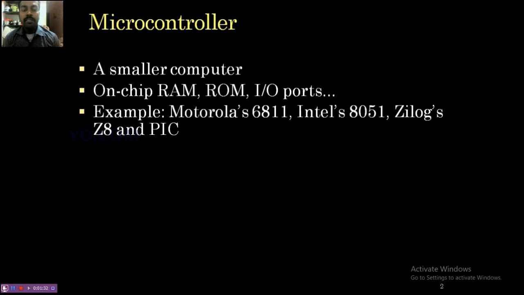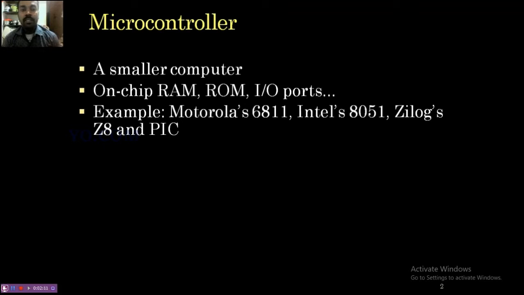So simply we can say that a microprocessor is the processor present in our computer CPU. In our CPU we have the motherboard. In the center of the motherboard we have the fan. Under the fan we have the aluminum heatsink. Under the aluminum heatsink we will have the processor. Okay, we can see the processor under the aluminum heatsink. That is the microprocessor. But a microcontroller is a mini computer, that is a smaller computer.